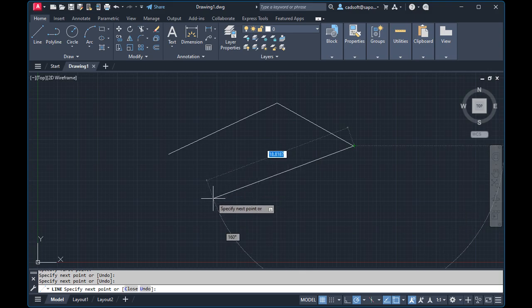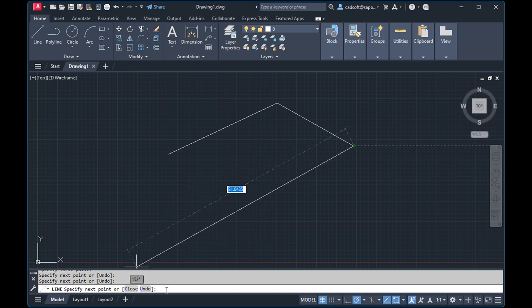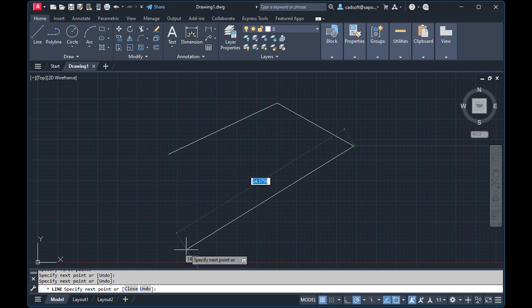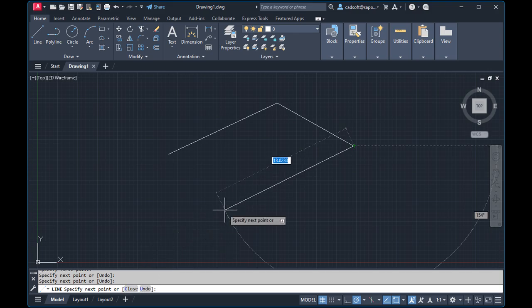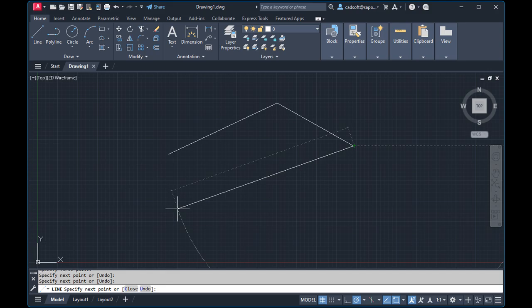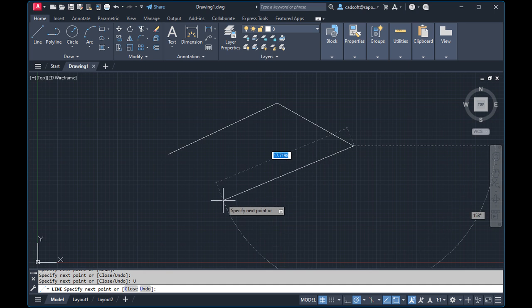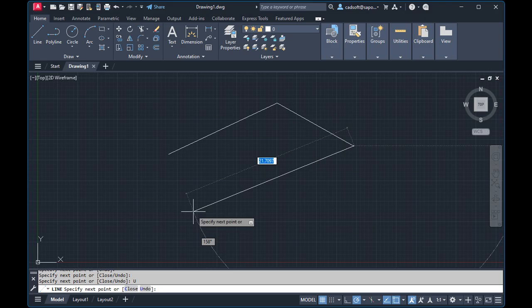Besides these possibilities, we also have some options in the command, and usually all commands display options between brackets. So for line we have two options, close and undo. I will create one more line, and now to access the options I can click on the word undo, and this option undo will step back one operation,